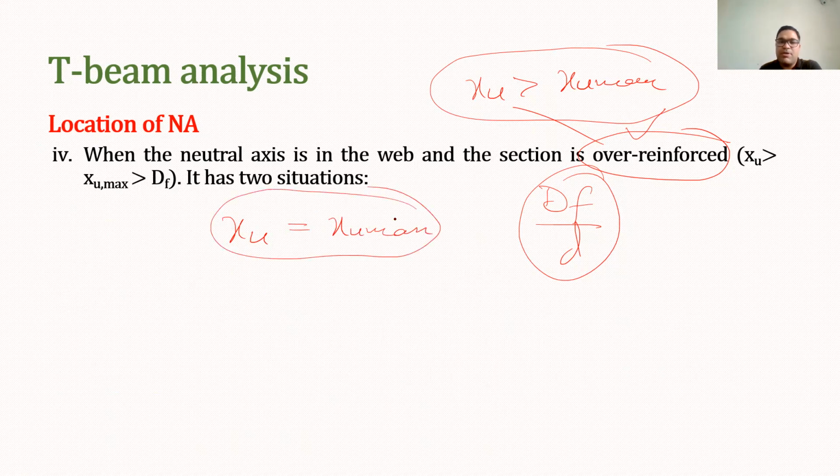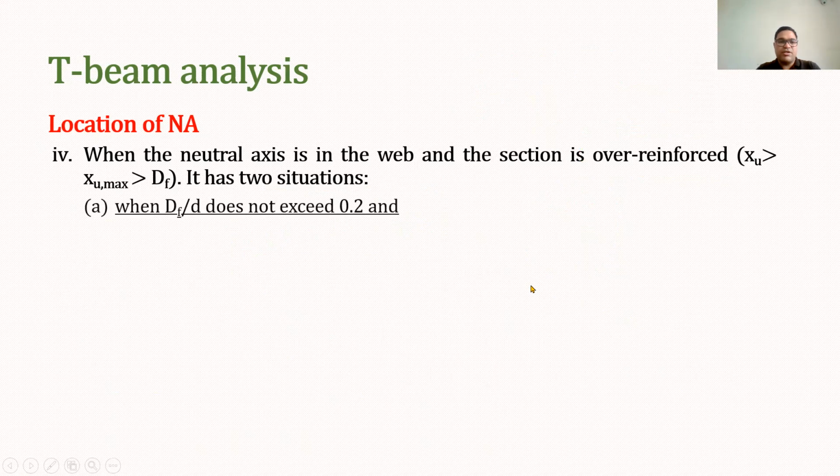Now what does it mean? It means that all the formula that we have used in case 2A and 2B will be followed in case 4. Exactly both formulas will be used in this scenario also, and that is what I have written. In both cases, we will be using the same formula. So in case 4A, the formula that we have used in 2A to calculate the moment of resistance of T-beam, the same formula we will be using for case 4A.